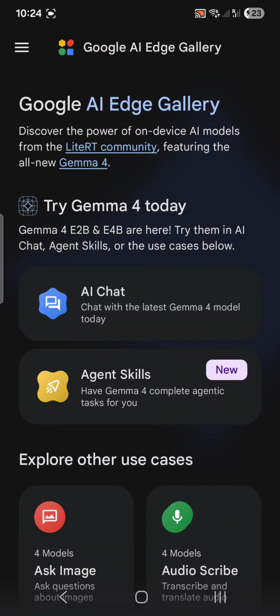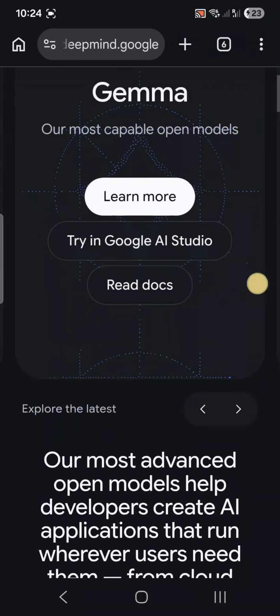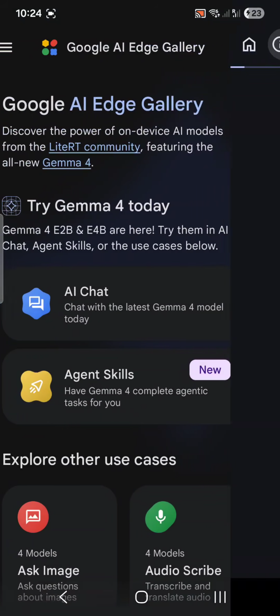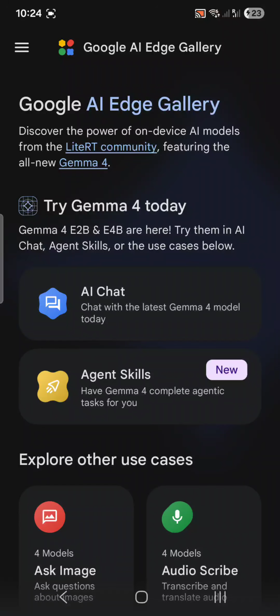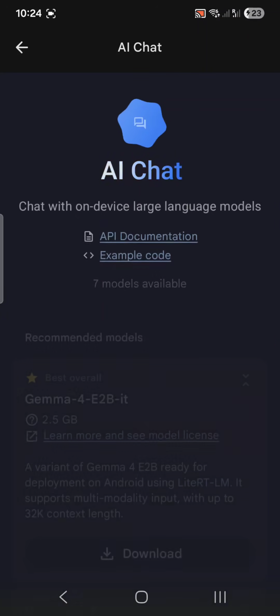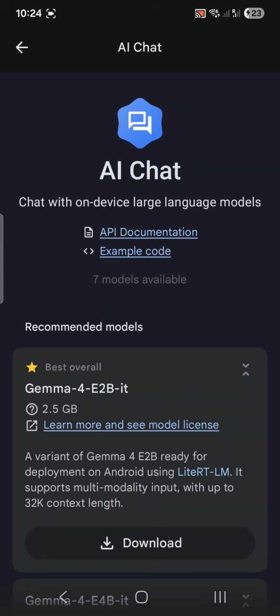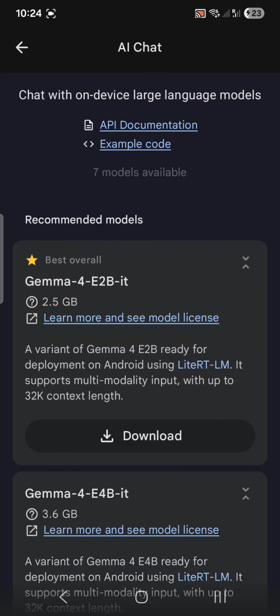This is right now available, of course, for free. You can read more about it, what is available and what is not. So there is a lot that can be done with this model, and this is for image and text both. So how we are going to start, we will just tap on AI chat, and you can see here Gemma 4